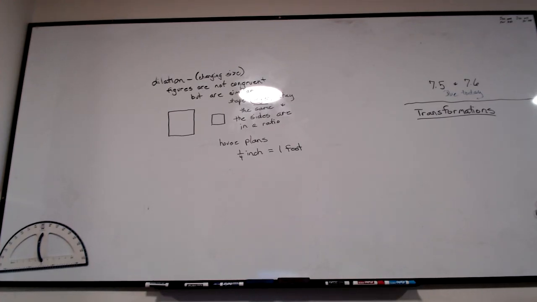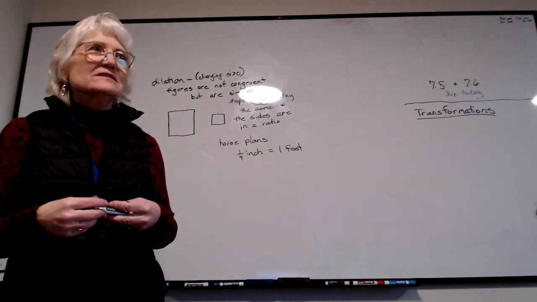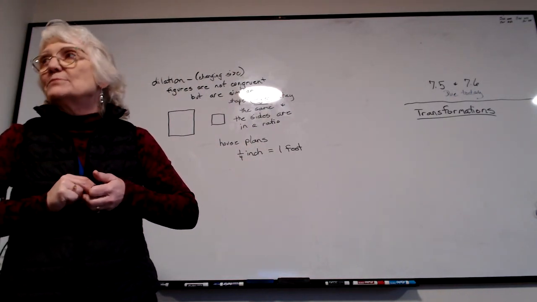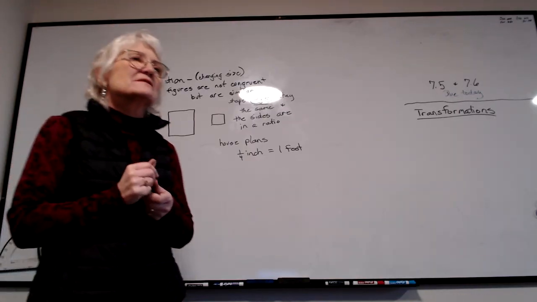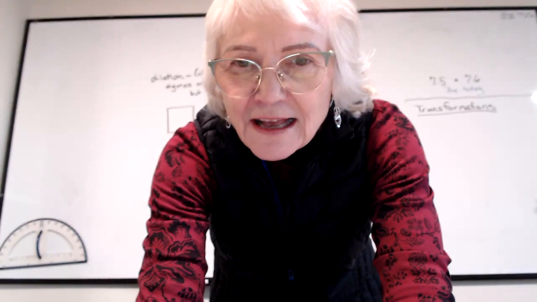Okay, they're bigger. Sometimes though, what happens is you don't have enough pixels in there because you have a lot of little squares, and if it's pixelated, it becomes more blurry when you zoom in. Okay, so that's why better cameras make better pictures when you blow them up or make them bigger. Okay, so those are the different types of transformations, and we're going to start by looking at some in the book, and then we're going to look at some tessellations, okay, that you've done. So we're going to start with that, and then we'll go through